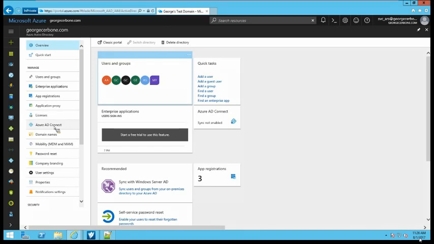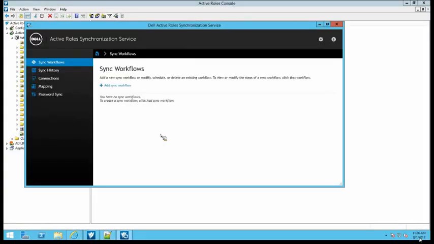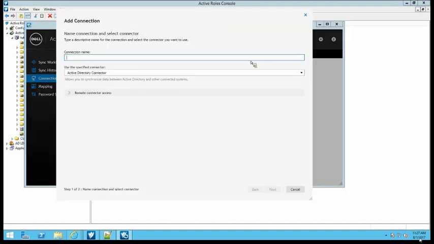However, you can also use a paradigm that you might be far more familiar with, especially if you're an existing Active Roles customer, and that's that I can use the Active Roles sync service. We have the ability to set up connections in here. I've already set up a connection into Active Roles. If I want to add a connection into Azure, I'll just call this